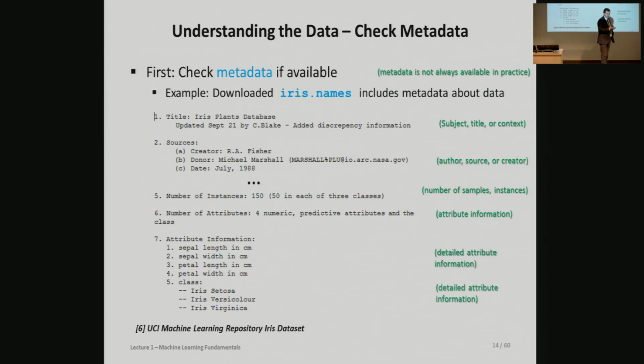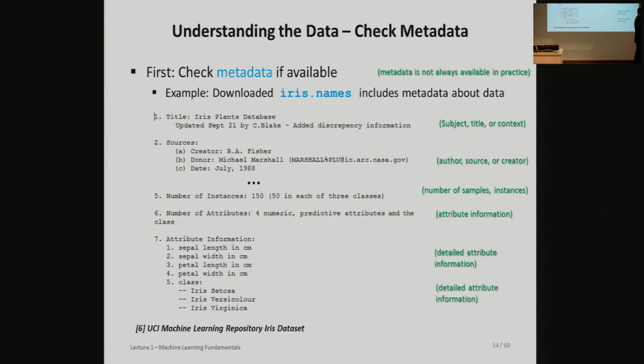By looking at the data, you would like to first consider maybe metadata that is already provided for some data sets. So if you go now and download this from the official website, for instance, you will see there is a metadata file with iris names, for instance. It includes metadata. And this is always the first thing you should check. So not going into the samples directly of learning, that would be bad. It's called bias in learning already, and we will not go in this direction. Just look a bit more at understanding it.